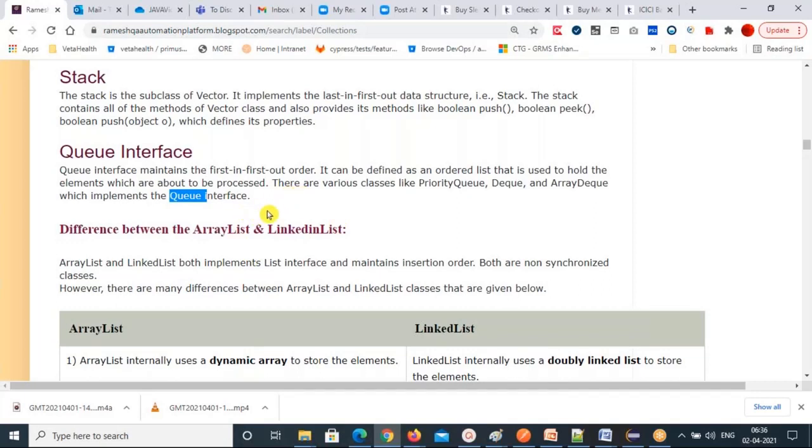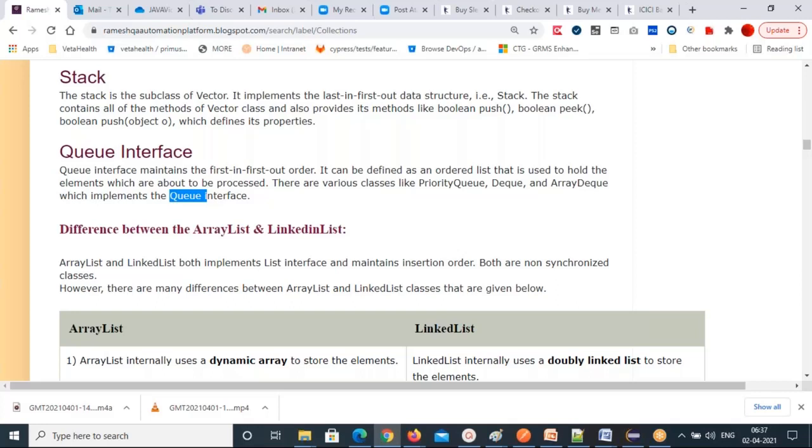Then they will ask you what is list. List is a sub interface which contains all the methods based on the index. You can get the value from the list collection, you can insert the element based on the index, and you can delete the element based on the index. Those index based methods are provided by list collection. So list extends the collection interface, and list is implemented in the array list class, linked list class, and vector class. So all these three classes implement the list interface. That's what you need to explain.